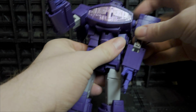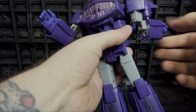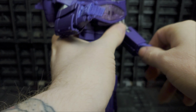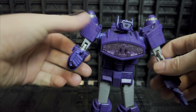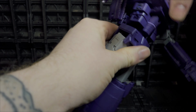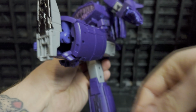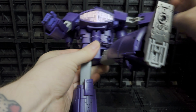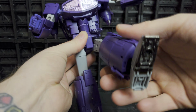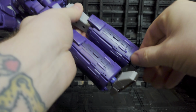You've got like a double hinge here on the arm as well. Overextension really on the arm, so you can get really nice full arm twist as well, which will do a full 360. Hand articulation, lots of finger articulation, thumb articulation, and also you'll get some hand twist as well. Beautiful. Full 360 at the waist as you'd expect, and also ab crunch as well, and back as well should you need it. Also back and front, really nice, very strong ratchets. I mean, listen to this now. Oh yeah, metal ratchets inside here, very nice. Oh, and back, beautiful. Knee joints, strong knee joints there as well, and toe articulation all over the place